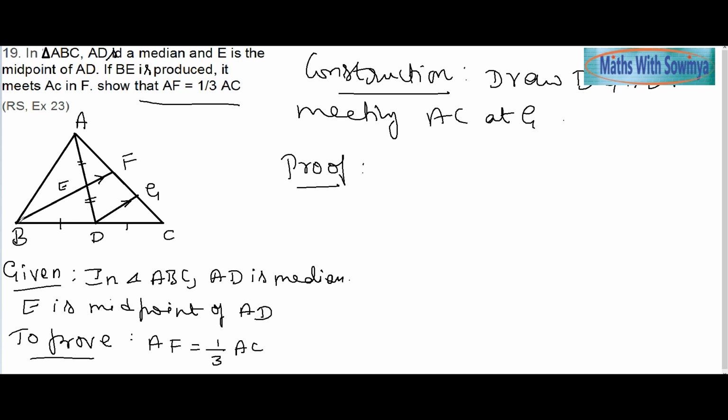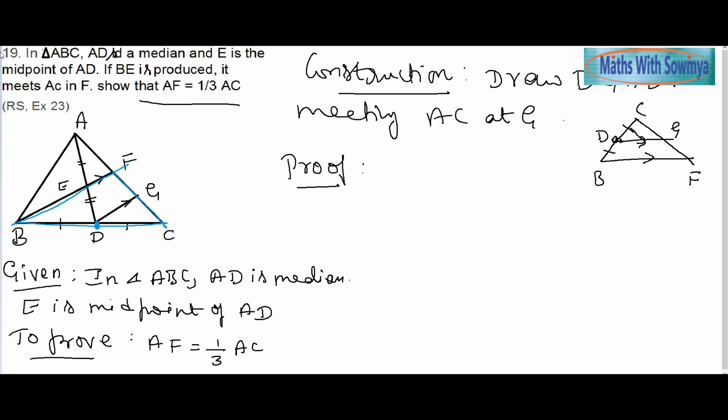This particular triangle I will take, BCF. We know that this is the midpoint here and this is the parallel line. So you can take the triangle in this way, with C, B and F. So this is D, and D and G. This is the midpoint here and this is parallel.